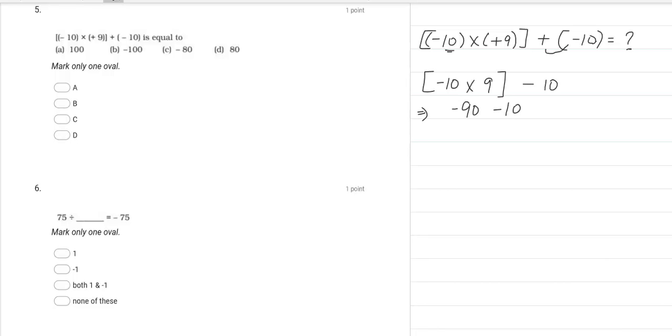Outside we already have minus 10, so when we have two numbers of same sign, they will be added but sign will remain negative, so it becomes minus of 100. So answer is minus 100, that is option number B. The next question is